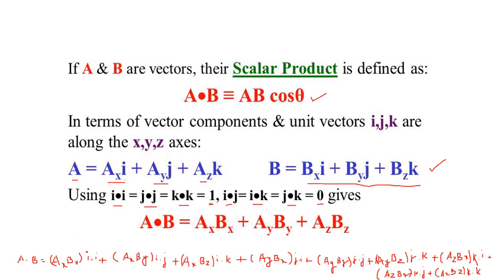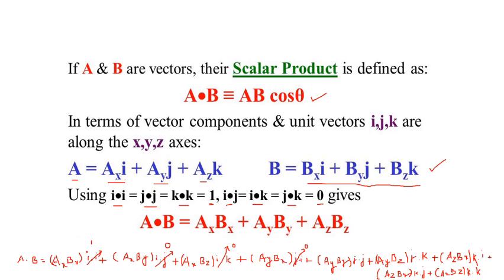Okay, so i dot i will become 1. Okay, and look at the second term i dot j. So opposite unit vectors, when multiplied with the opposite unit vector, you will get a product 0. And similarly, third i dot k will become 0, and fourth component j dot i, so this will be 0,